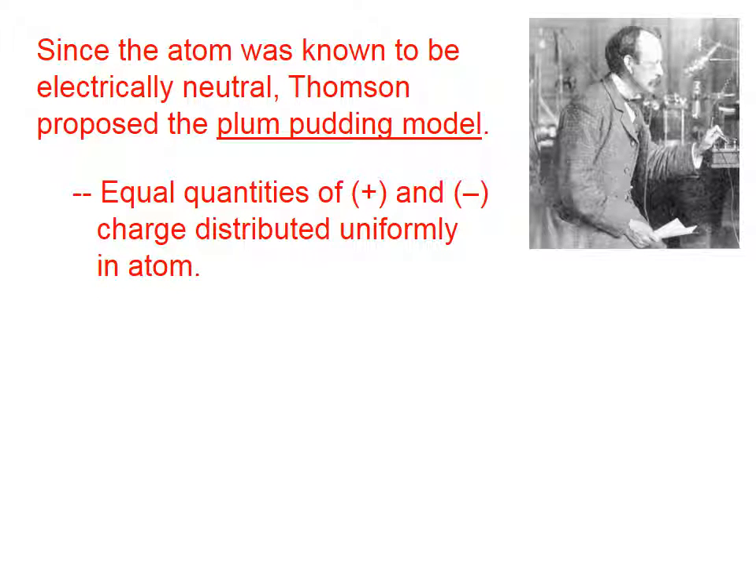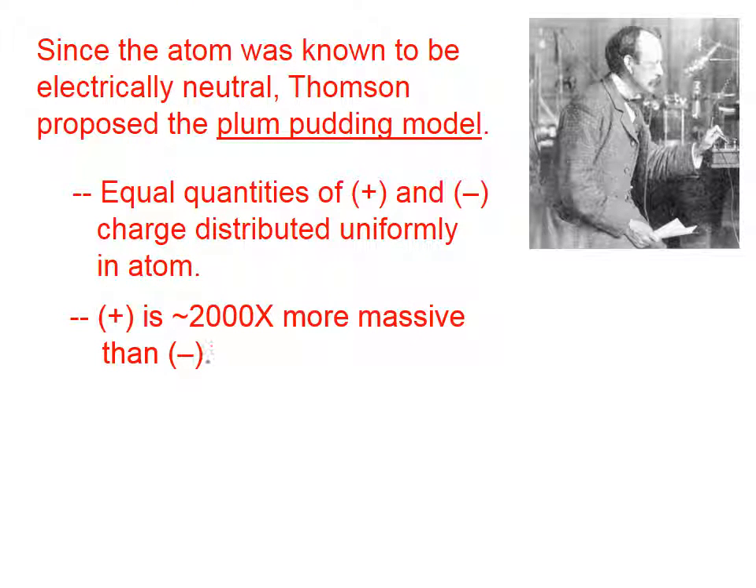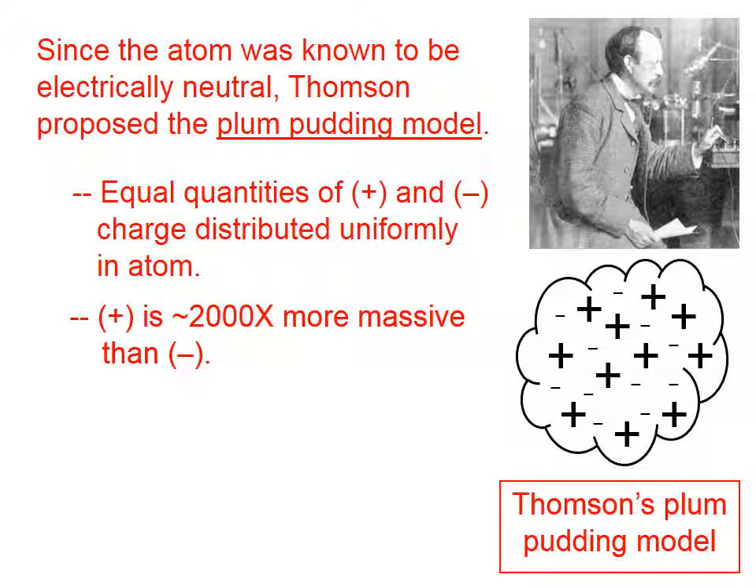And since the atom was known to be electrically neutral, Thomson proposed the plum pudding model. In other words, Thomson figured out that there were negatively charged particles, therefore there also must be positively charged stuff. And it was also found, I won't go into how, that the positive stuff was way more massive than the negative stuff. And so Thomson proposed his plum pudding model, which is little electrons